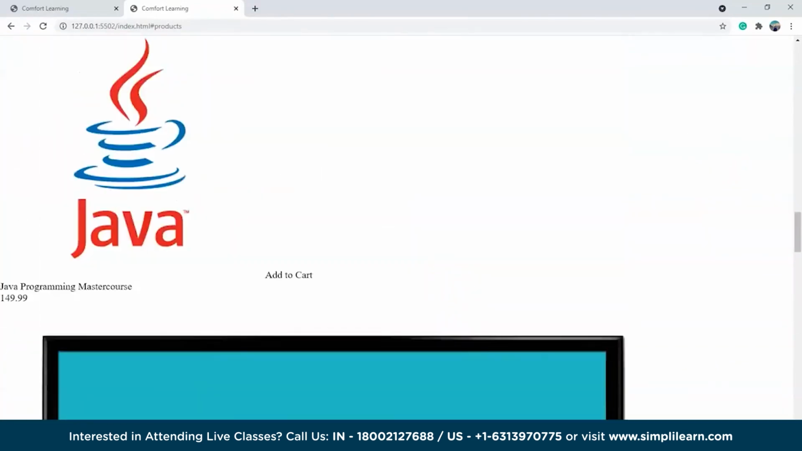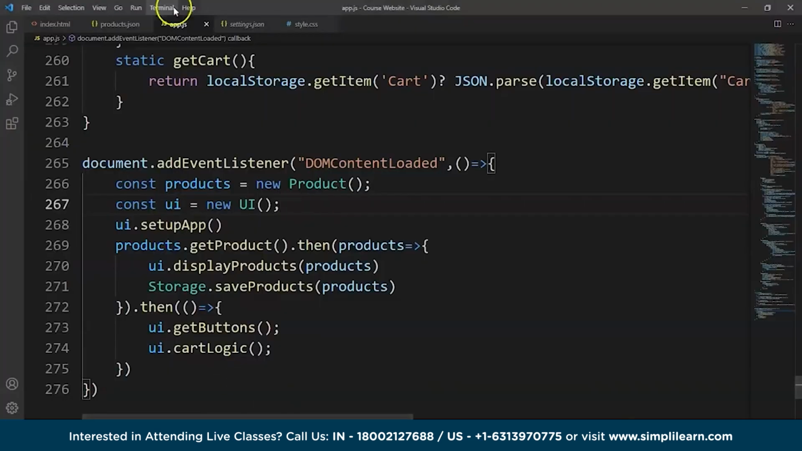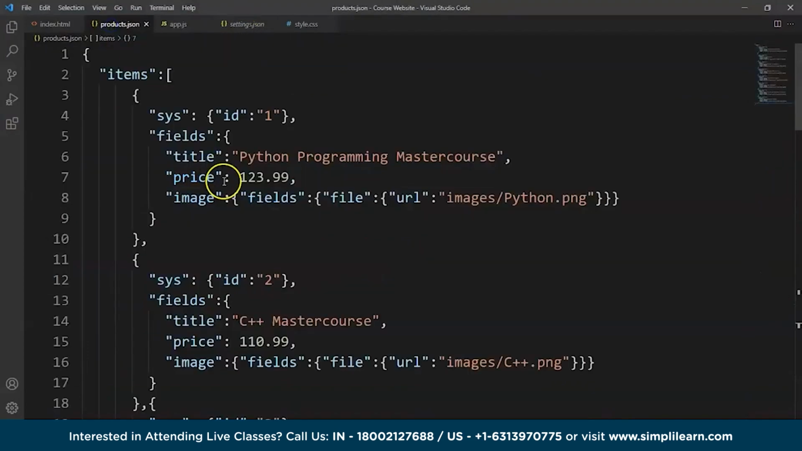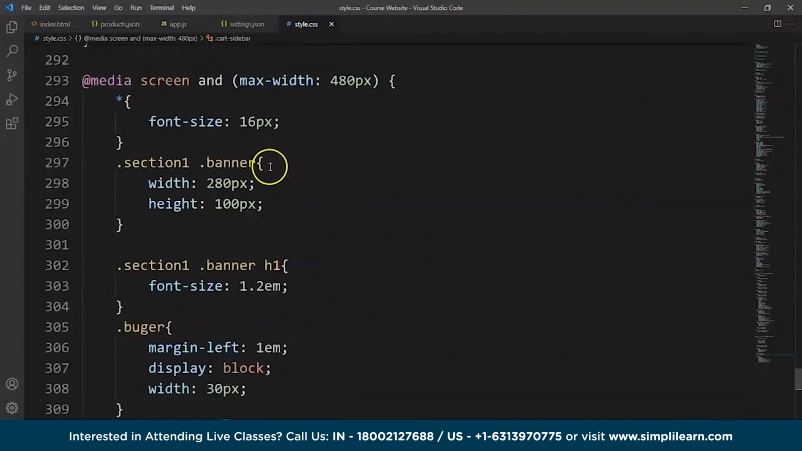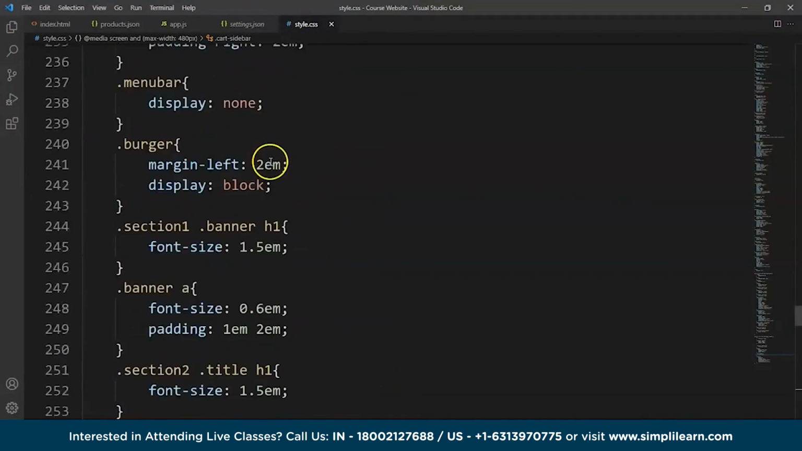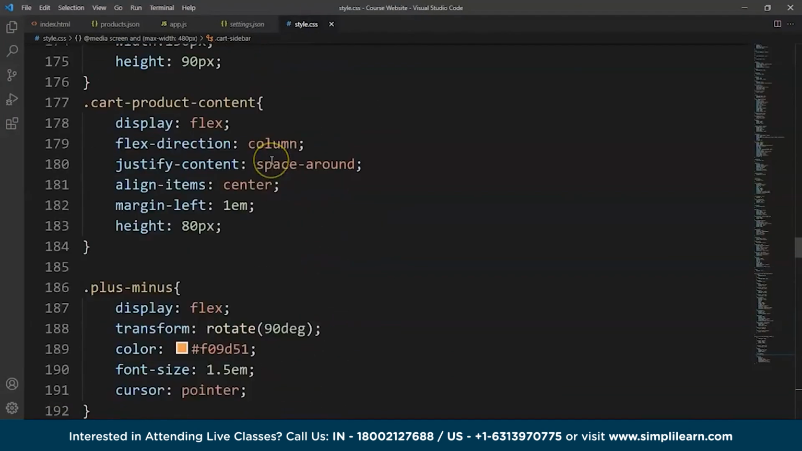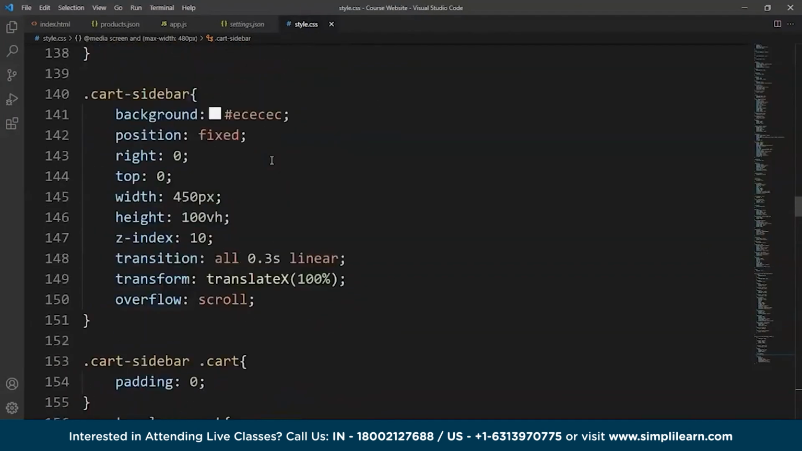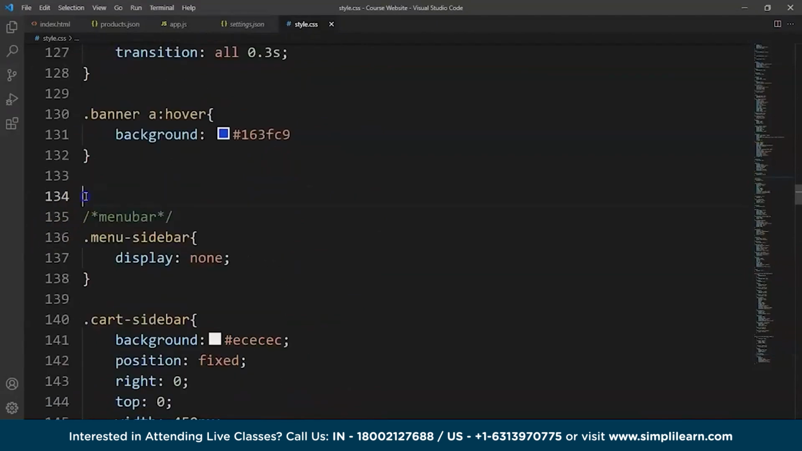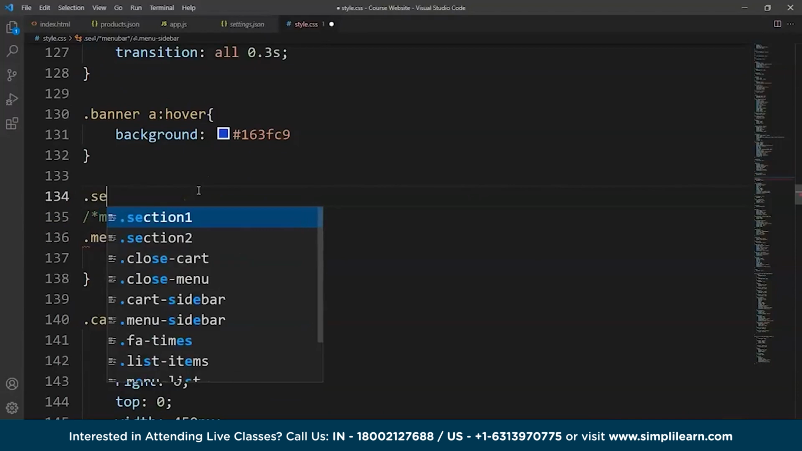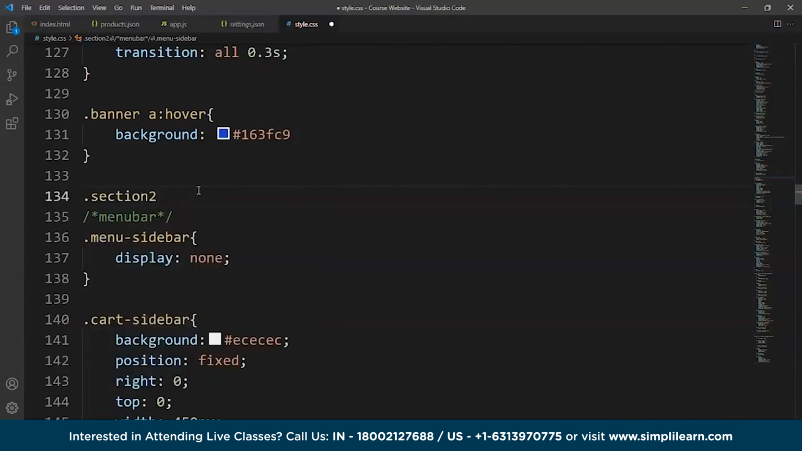So the last thing we have to do is to style the products now. For that, we'll move to our CSS file. So here's our CSS file, and inside this we have to write here. We have put a comment over there when we were not here. So we have to style the products over here. For that, we'll write here .section2 .title,